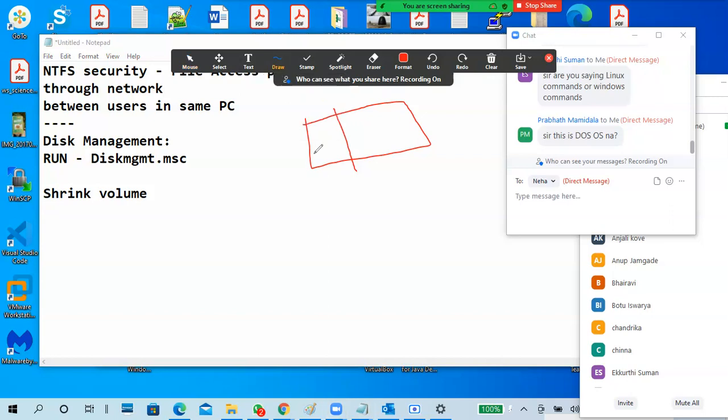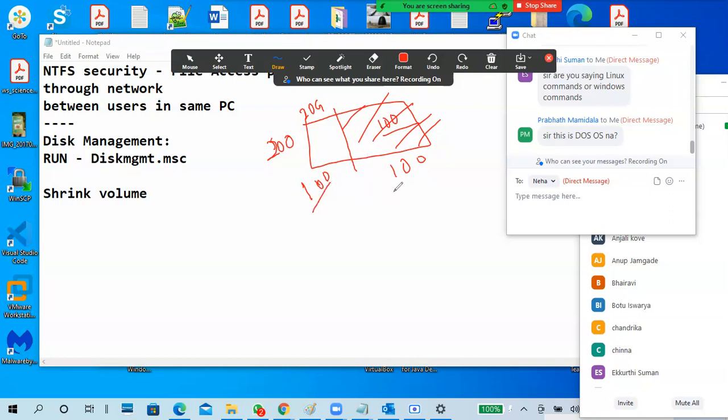For example, there is around 200 GB of space. It contains some 20 GB of data, but I want a separate 100 GB. Shrink volume and put 102400, then a separate unallocated partition of 100 GB will be created.